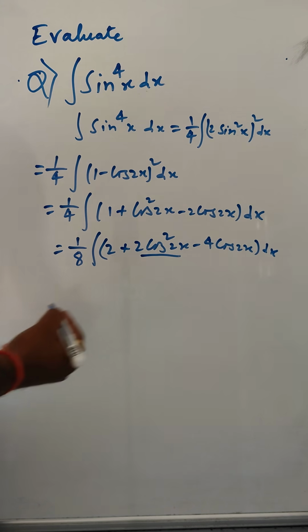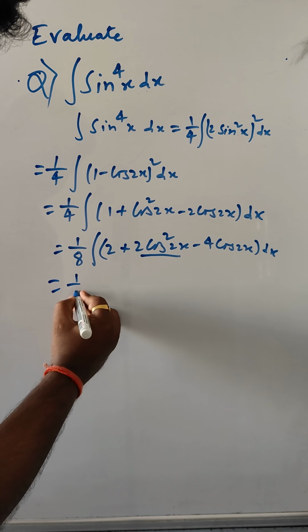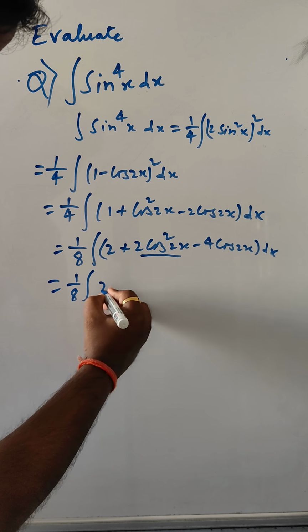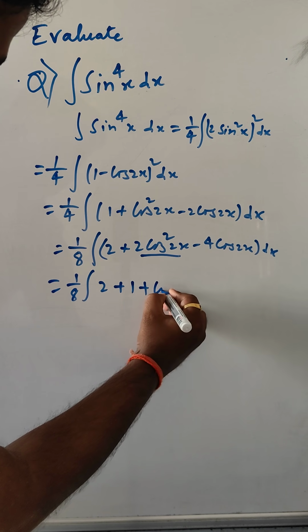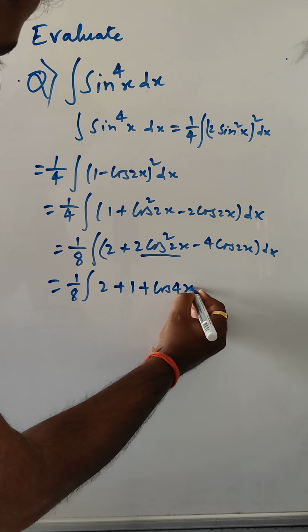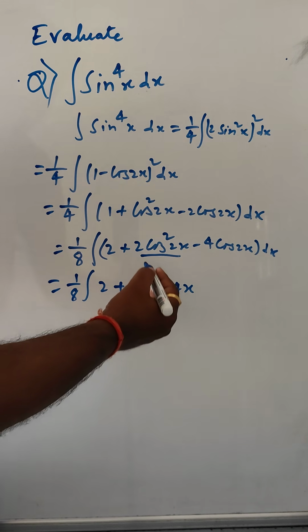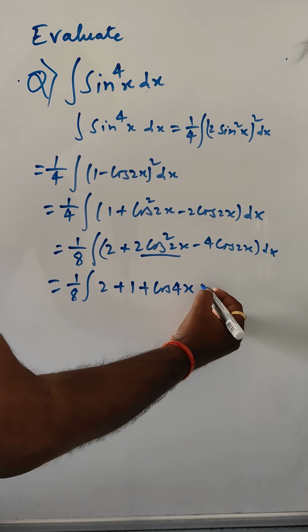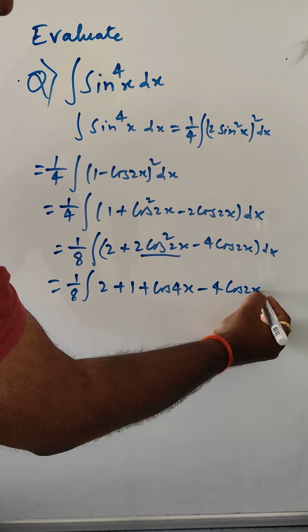Now this is what, 2 plus 1 plus cos 4x, correct. This is 1 plus cos 4x. Okay, now 4 cos 2x,